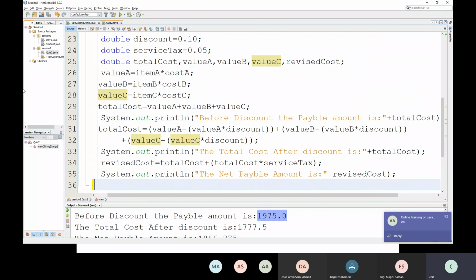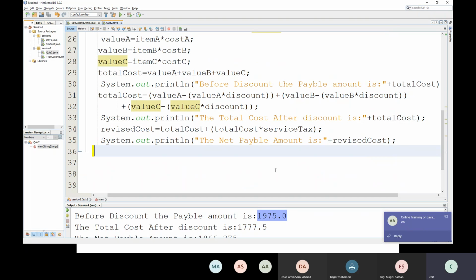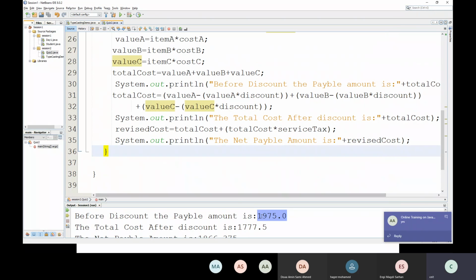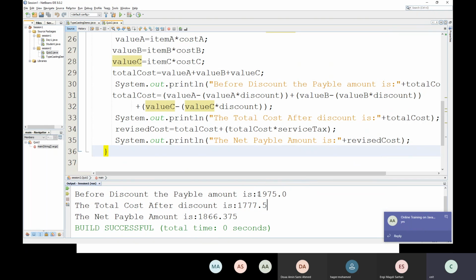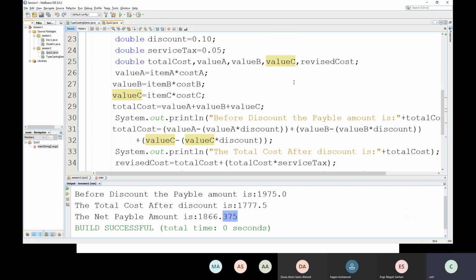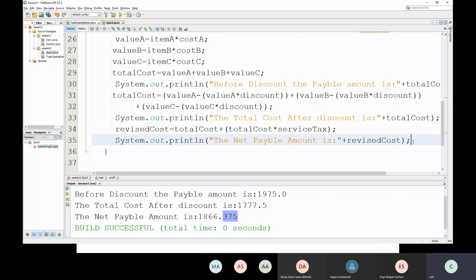Okay, suppose here I want to calculate the percentage of profit he gets, how much profit he gets, because before discount he has to pay 1975, but he has paid 1866.375. Then how can I calculate how much profit he gets? For that I have to declare another variable here, suppose profit. Then here profit equal to,